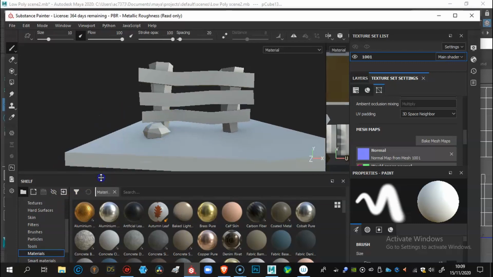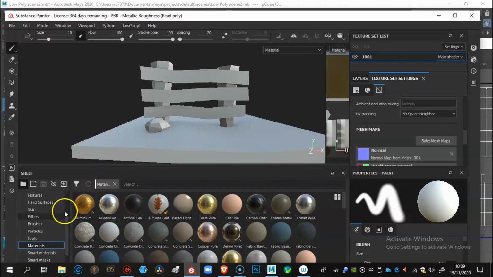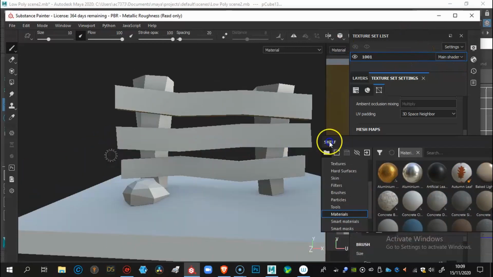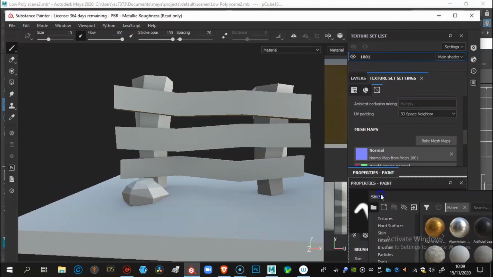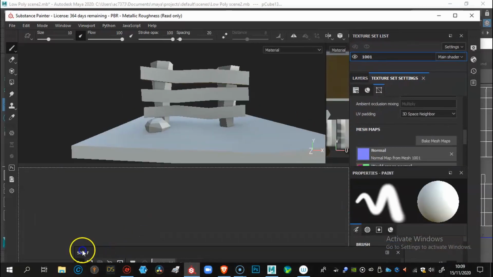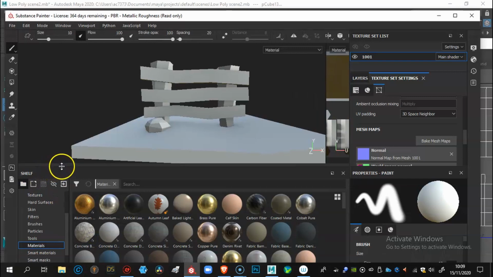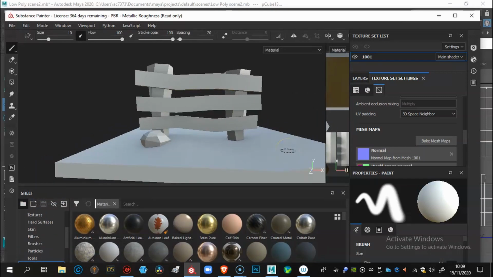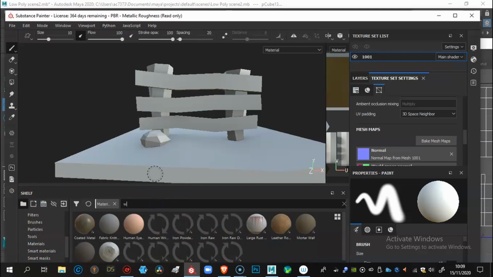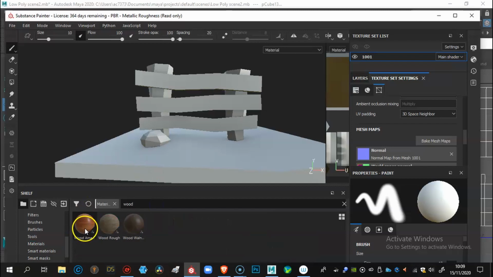So we're going to go and select a material. I'm going to use wood for this. On the left-hand side here, depending on where you've got it, because you might have this shelf up on the right here, and you can drag these things around. So if I grab hold of that, say for example, you can move these things around. I just like this at the bottom, or even at the side. So by all means, choose what works for you. Scroll down to materials. I'm going to type in wood. I'm going to select this wood